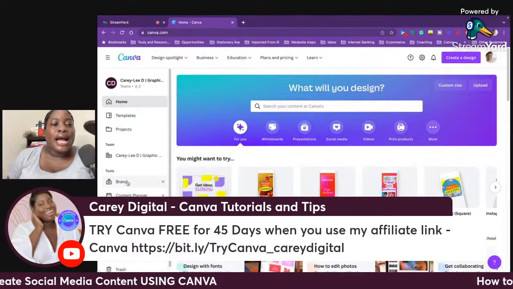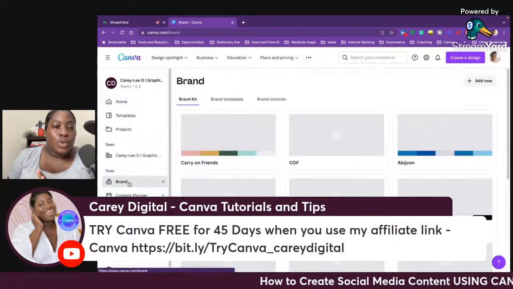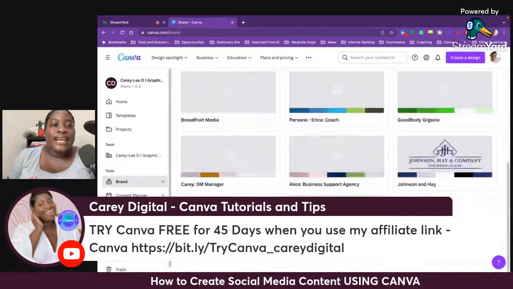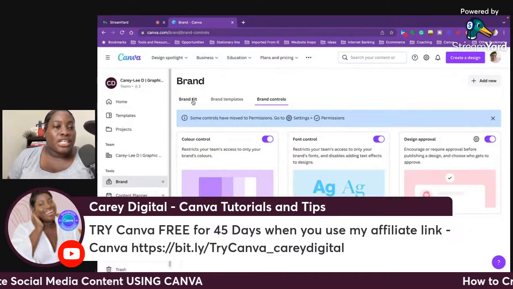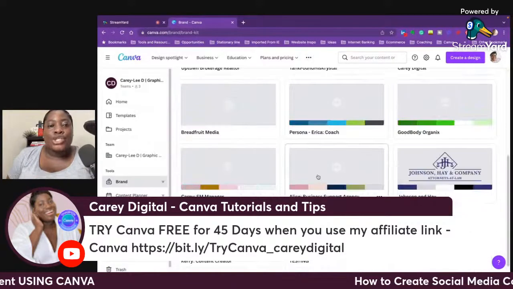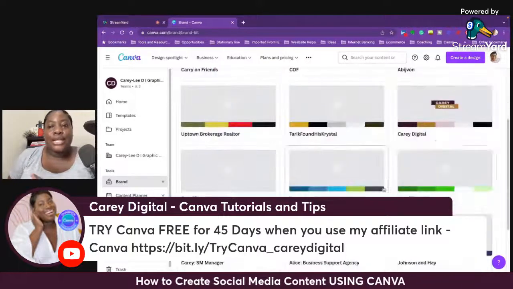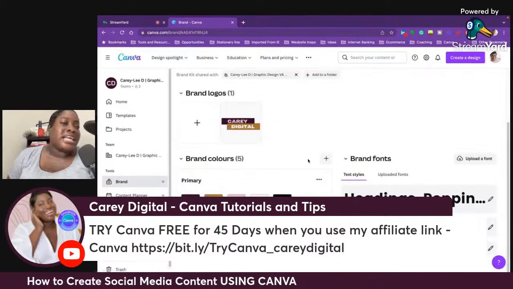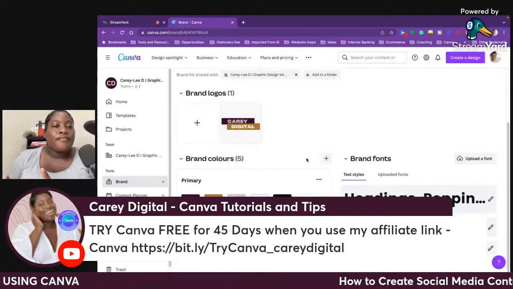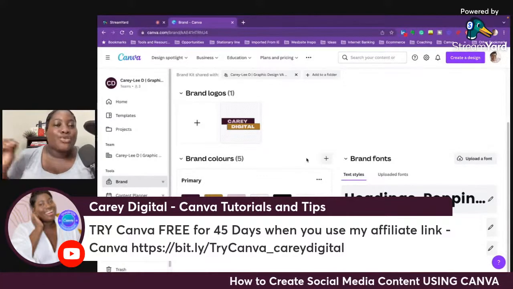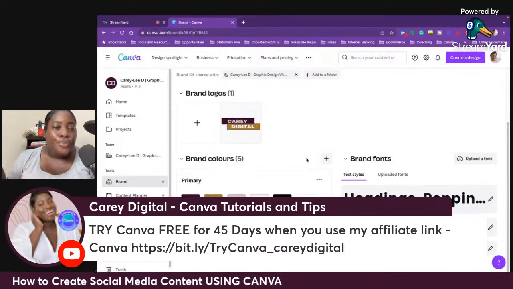And so one of the tools that I like to point to for any beginner is the brand tool. And with the brand tool is where you'll find your brand kit, your brand templates, and your brand controls. But for this session, we're just going to touch on the brand kit. So you'll see here that I have a number of different brand kits that I've actually created. And one of them I'm going to touch on is the one that I've created for my own brand, Carey Digital. Mind you, it's not updated, but the foundation remains the same. And it really helps a lot. And you'll see how it helps a lot, especially when I'm creating the templates here and creating the